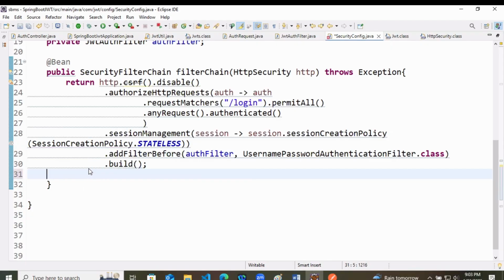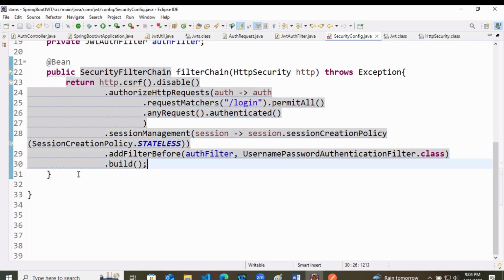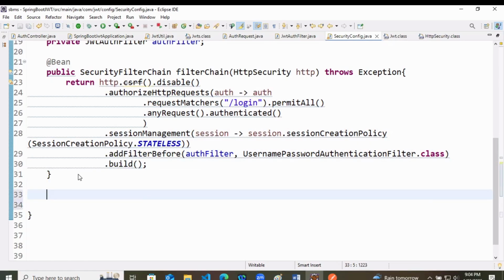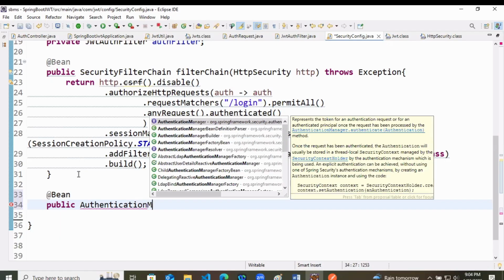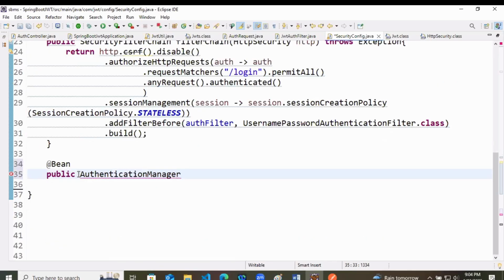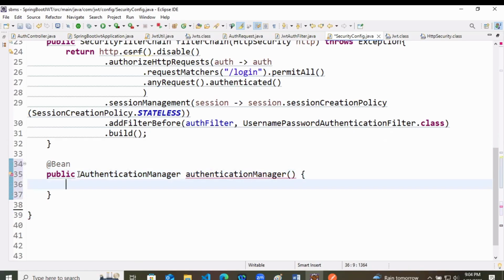Okay, got it. So here we have created the method. Now, last time also we were having one bean for authentication manager. See, it's getting late, but let's complete at least this class. So public AuthenticationManager. Now we are going to have an authentication manager, which is going to manage all the authentications here. So we're creating a bean of authentication manager.